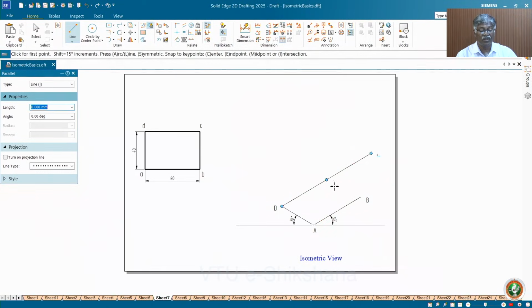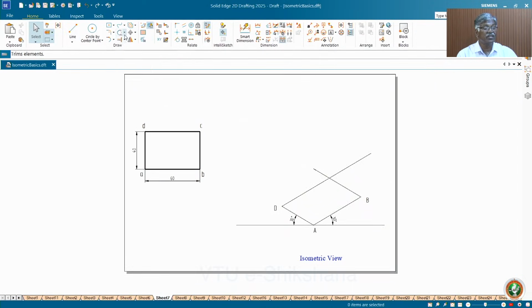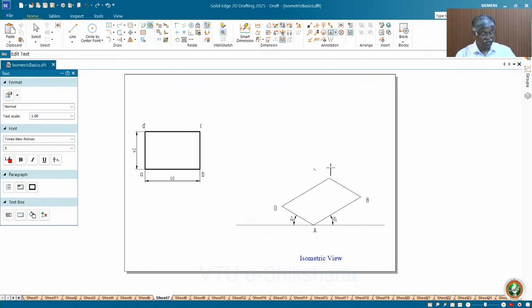So keep, don't fix to a specific dimension. Then you can trim easily. Now to this line you draw parallel. That means we are working on a parallelogram. That's all. See, here you take this trim and trim this. Then what is this point? It is C. So this is how you draw isometric projection of a